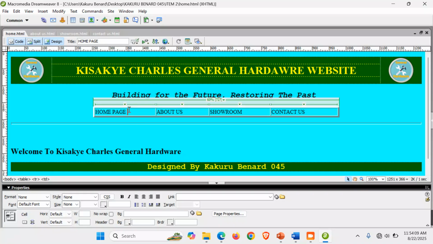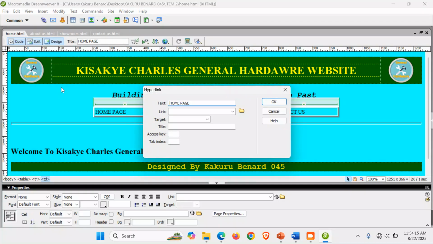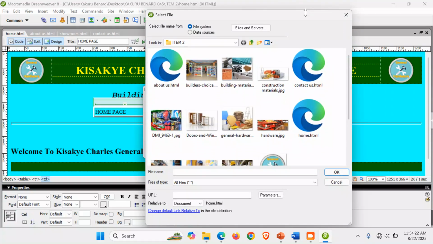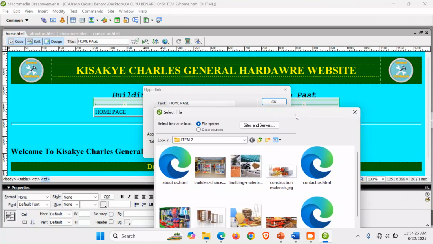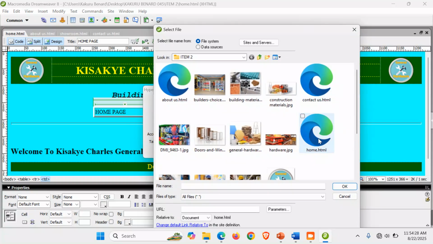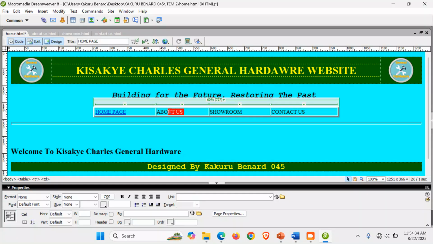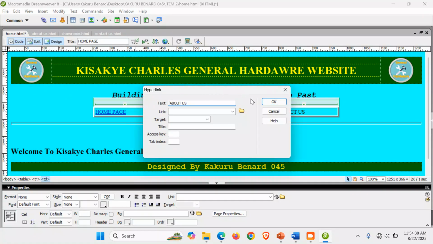So we begin with highlight home page. We go to insert hyperlink. So here, browse the page. It takes you directly to your working folder. So from here, select the page that you have highlighted. We highlighted home page, so look for home, select it, click OK. Next, highlight about us, go to insert, hyperlink, browse,